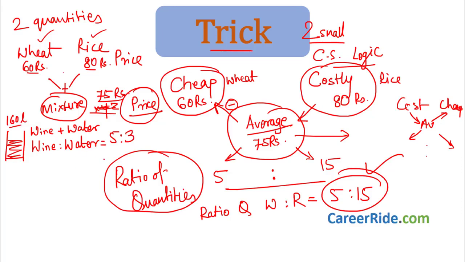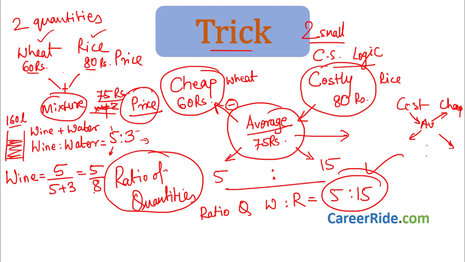What does that mean? That means that in the mixture there are 3 parts of water and 5 parts of wine. Is that right? So if we want to express how much is the wine, you will write wine is nothing but 5 parts in the mixture. Now 5 parts of what? 5 parts of 5 plus 3, that is 8 parts, because in the entire mixture there are 3 parts of water, 5 parts of wine. So water plus wine, 5 parts plus 3 parts would give us 8 parts.